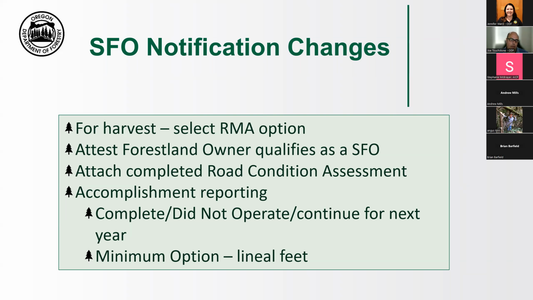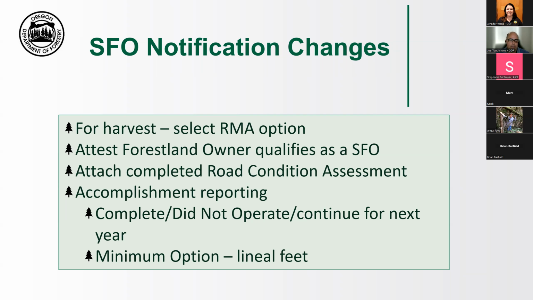And if it identifies any abandoned roads or any stream crossings that need to be upgraded or replaced. And then identifying whether they would possibly qualify for a grant from the SFISH program that would help offset those costs. And then again, the accomplishment reporting: complete, did not operate, or continue the notification into the next